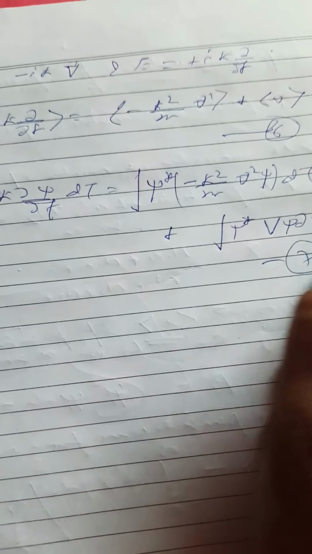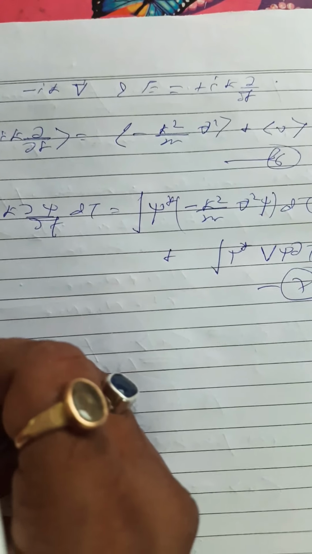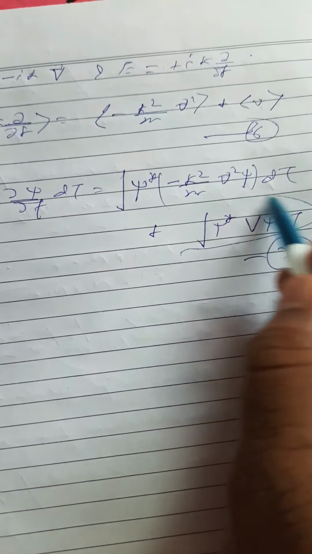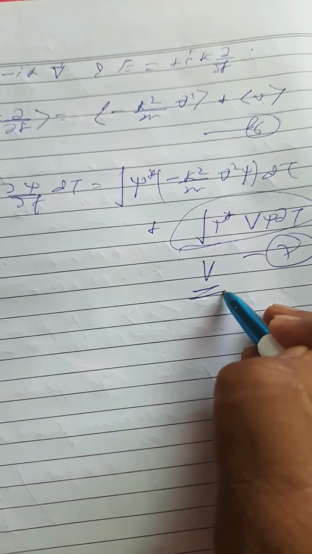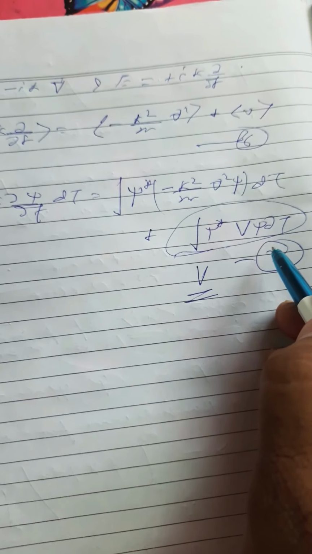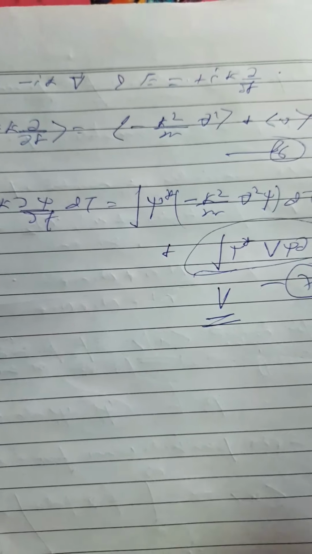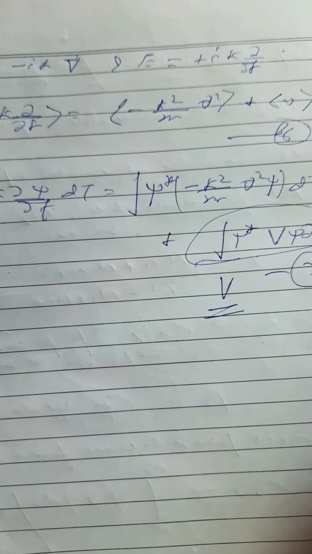This is equation number 7. What we can see is that the last term represents simply V. So from equations 5, 6 and 7, it would be